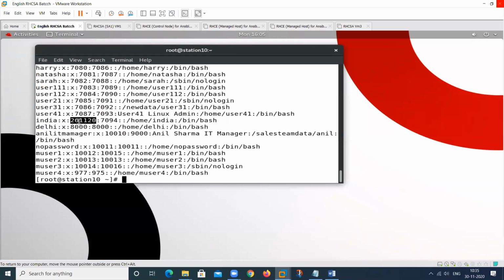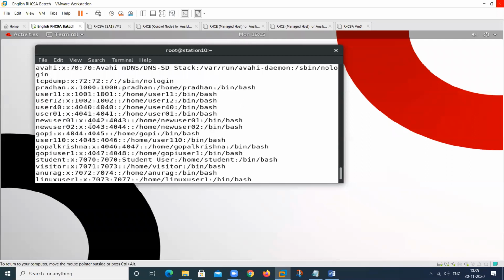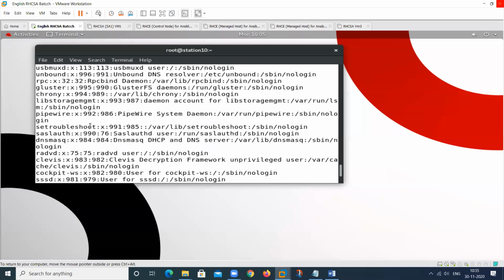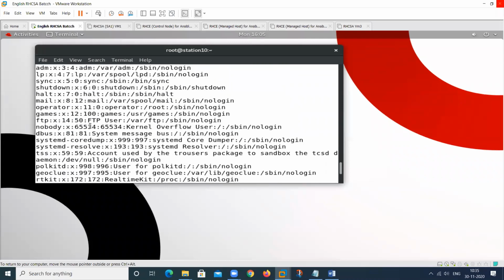So these numbers, this is the India one, and I will show another one also. This one, check here. Below 65,534.